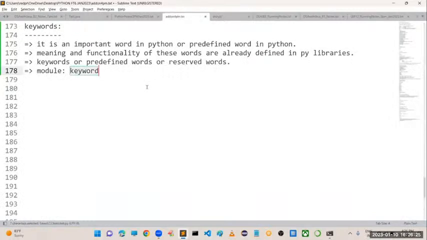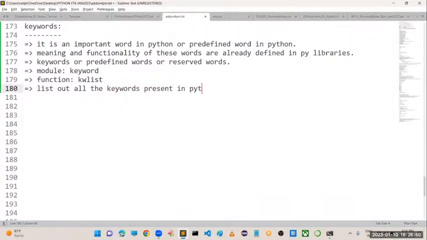Then there is one statement by which you can get the list of all keywords existing in the current version. For that, the Python developers have given a function named kwlist. It will list out all the keywords present in Python.